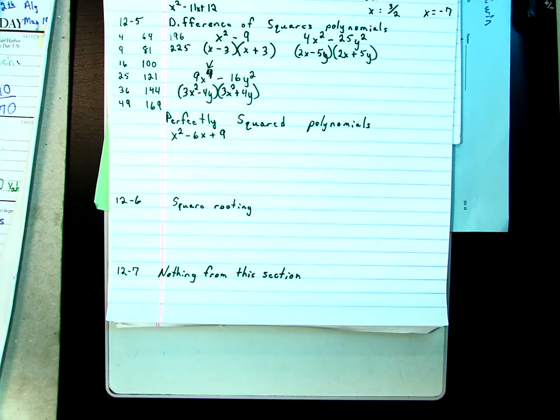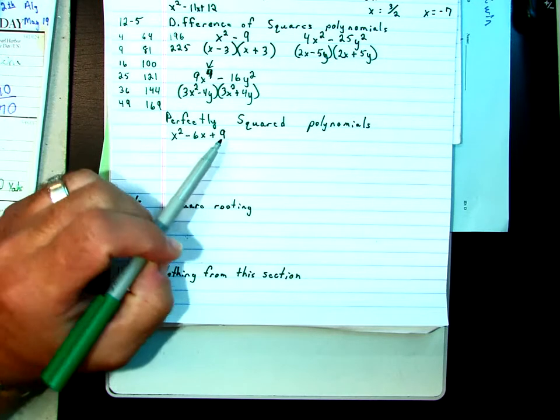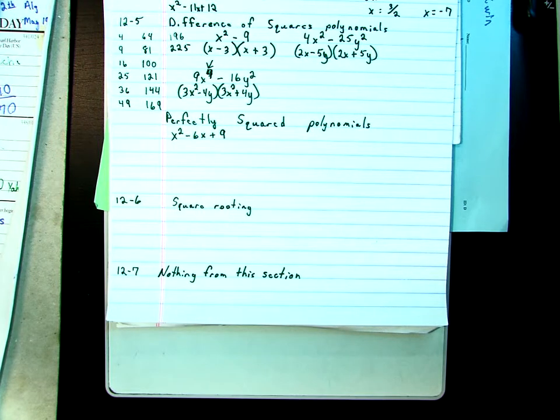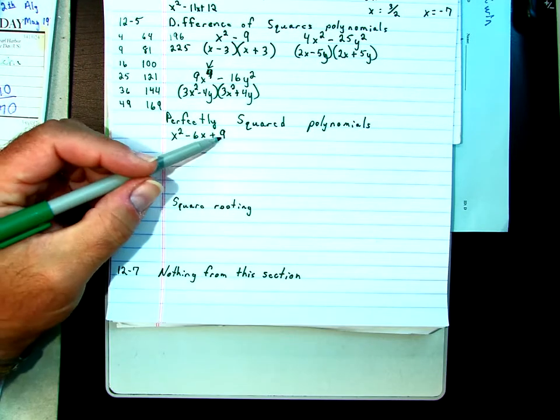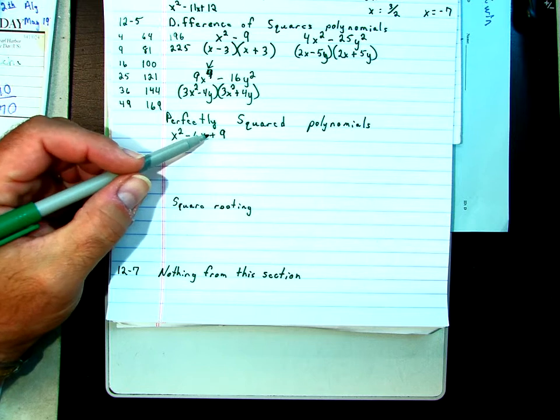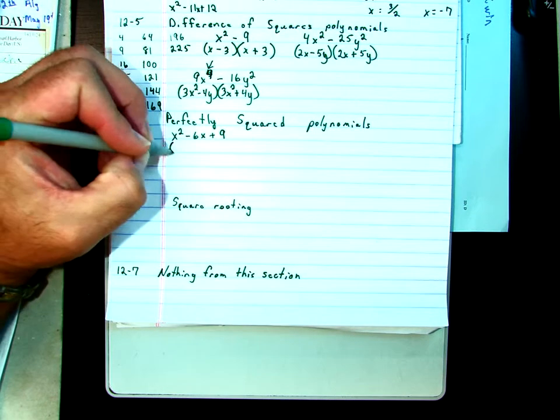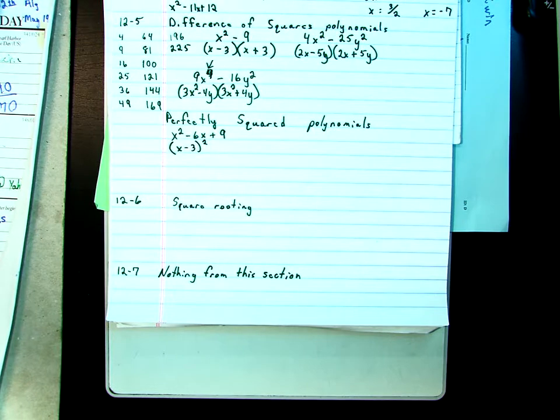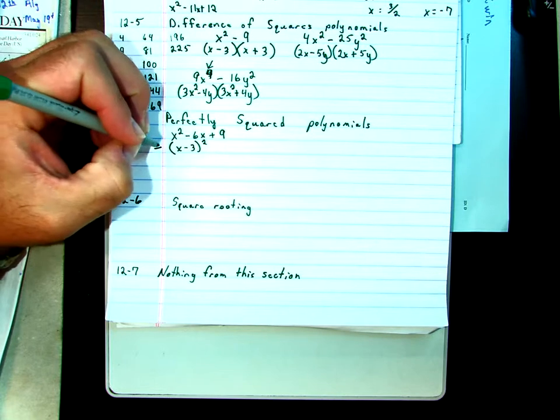The reason I know this is perfectly squared is because this and this involve the exact same number. 3 times 3 is 9, and when I add them, I get 6, which means both of these will be x minus 3. Now you can write it twice still, but this is how you would write it in simplest